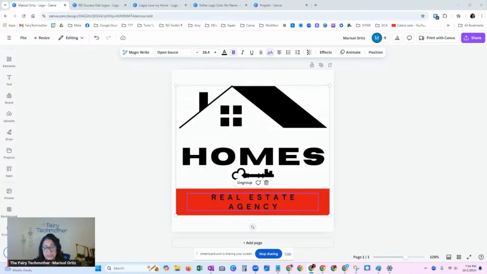Can I screenshot it and then resize it? Technically, you can, but it's going to have a white background, Janine. Because when you're taking a screenshot, you're literally just taking a screenshot. Like right now, if I took a screenshot of this shape, this logo, it's going to look just like that. It's going to be a white background with a red and black logo. And yes, you can use it on any web page that's white, or if you're going to do a white business card. But in general, you're going to want a transparent background.